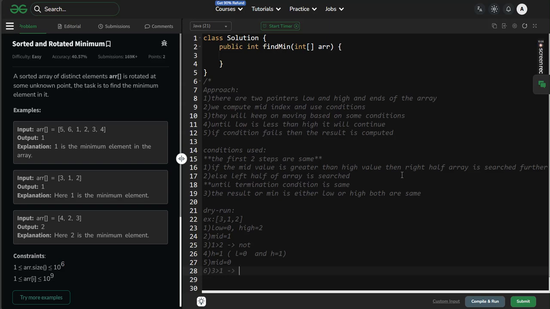So we consider the right half. How can we go to the right half? By adjusting the low value. So low equals mid plus 1, which is the mid value 0, plus 1, equals 1. Now the updated values are low equals 1 and high equals 1. If you see the termination condition, low equals high, so the loop